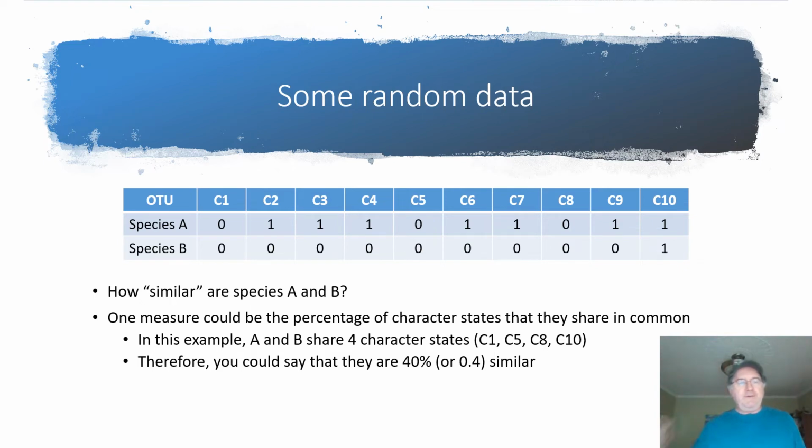Here I've taken two species, species A and species B, and there's that term that I mentioned in the write-up for the first lab there, OTU. All OTU stands for is Operational Taxonomic Unit. That means in my analysis, I have a number of different groups that go together. In this case, I've called them species, but they could be genera, they could be families, it could be subfamilies, it could be a mixture of any of all of those in terms of taxonomic rank.